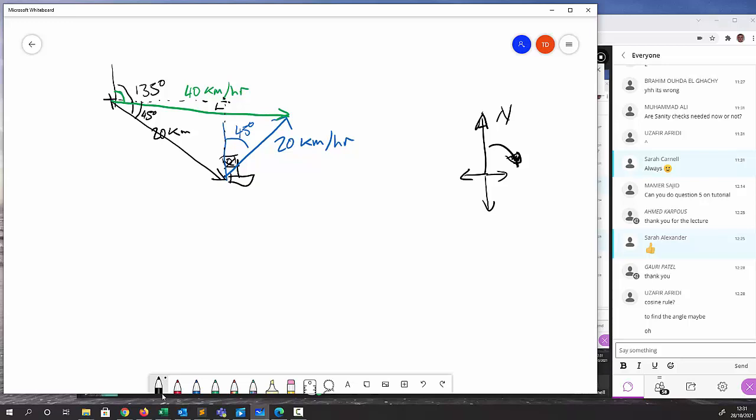40 is the hypotenuse and 20 is the base of the triangle, if you see what I mean. Which means that I can calculate this angle here, can't I? And this time it's